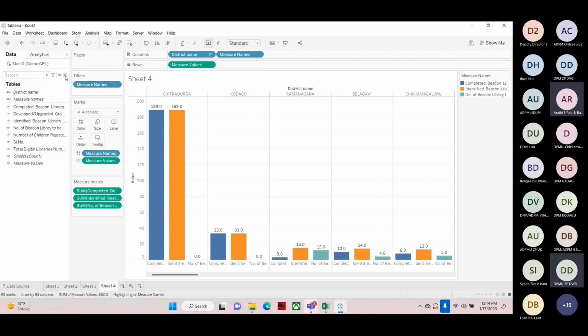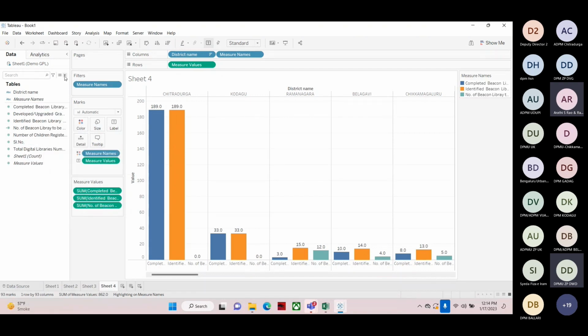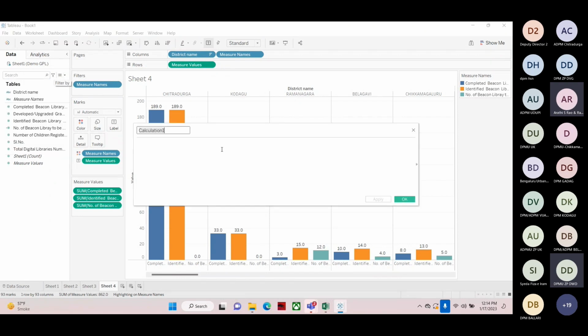Again, right click here, create calculated field, or simply we can right click on any of the fields and it will come as create calculated field here also. But it is advisable to go for here. From here we can create calculated field. Now, what is the